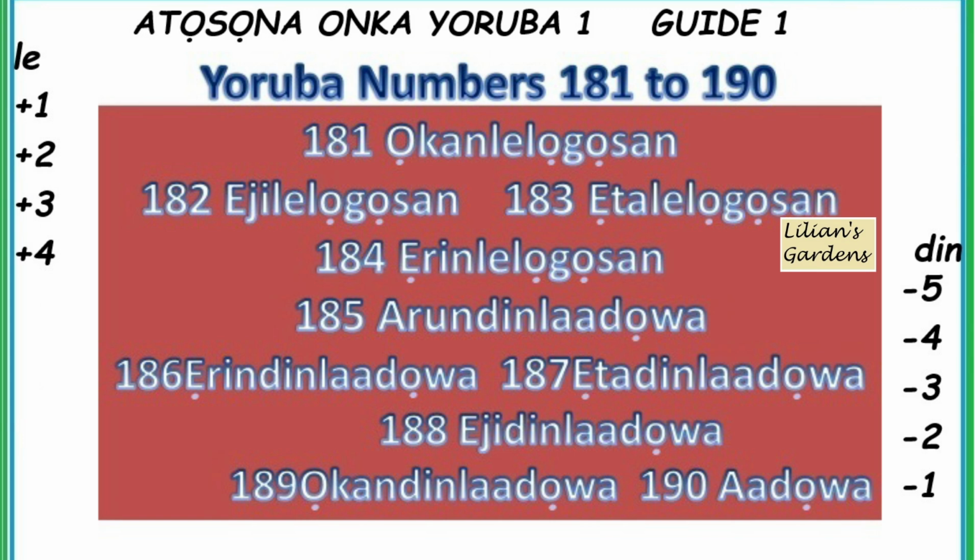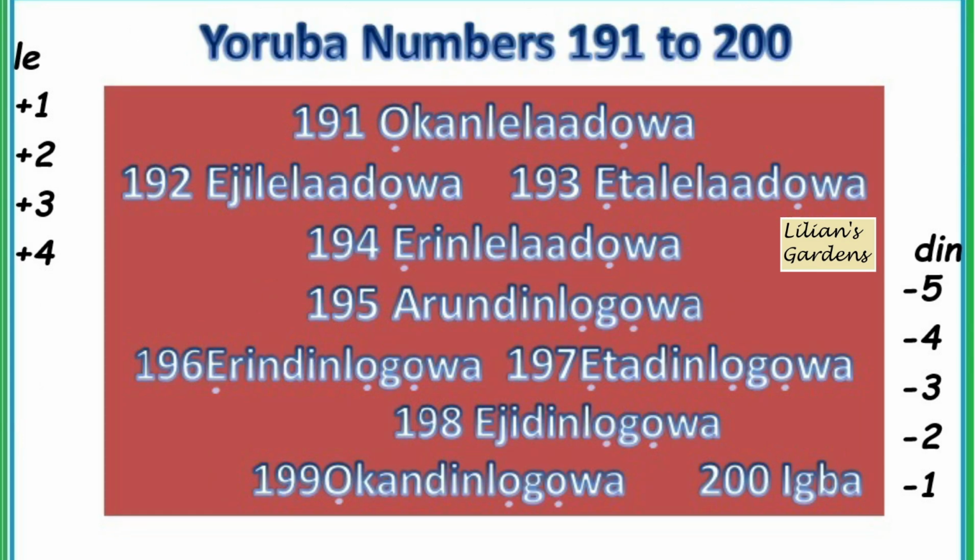àrúndínláàádọ́wàá 186 ẹ̀rìndínláàádọ́wàá 187 ẹ̀tàdínláàádọ́wàá 188 èjìdínláàádọ́wàá 189 ọ̀kándínláàádọ́wàá 190 àádọ́wàá, 10 away from ọgọ́wàá. 191 ọ̀kànléláàádọ́wàá 192 èjìléláàádọ́wàá 193 ẹ̀tàléláàádọ́wàá 194 ẹ̀rìnléláàádọ́wàá 195 àrúndínlọ́gọ́wàá 196 ẹ̀rìndínlọ́gọ́wàá 197 ẹ̀tàdínlọ́gọ́wàá 198 èjìdínlọ́gọ́wàá 199